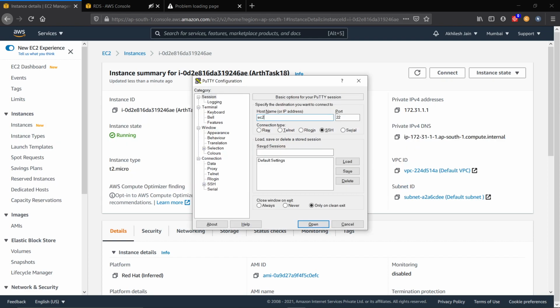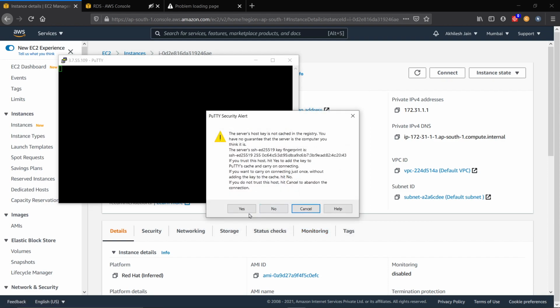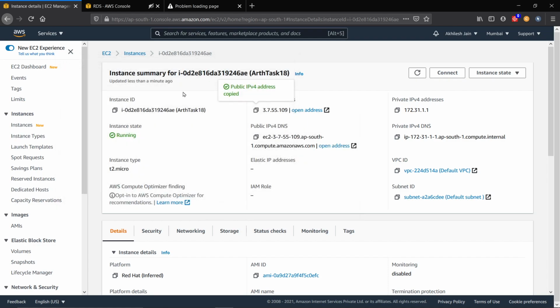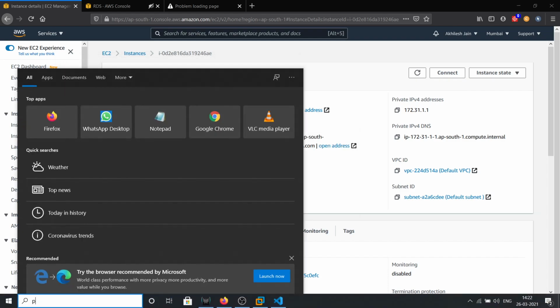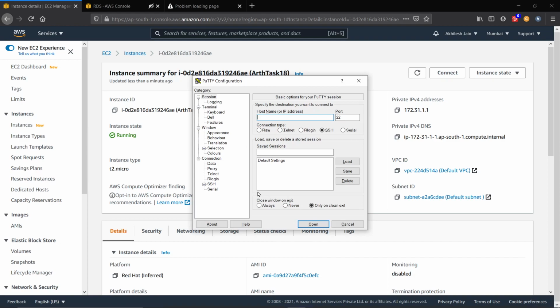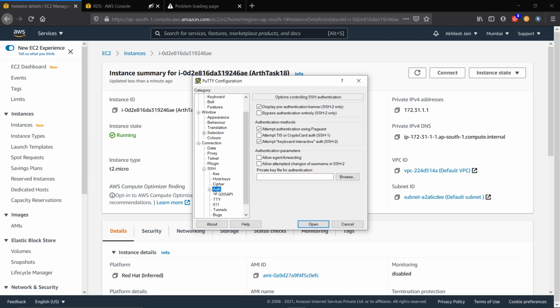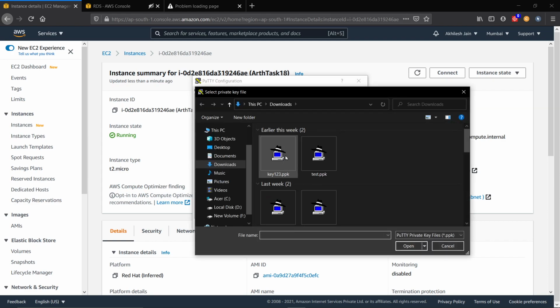So ec2-user at the rate. Sorry, I have to attach the key. Key 123.